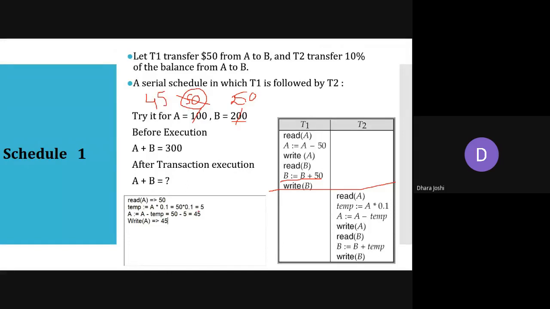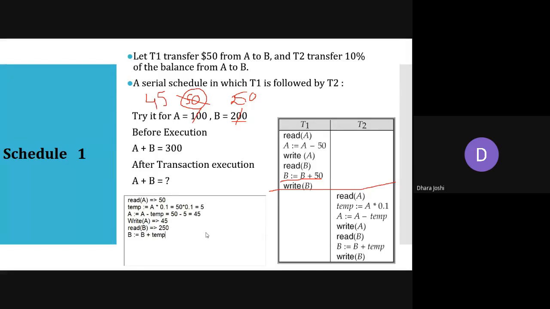Then we read B. In the database, B is now 250 rupees, the updated value. B is updated with B plus temp.